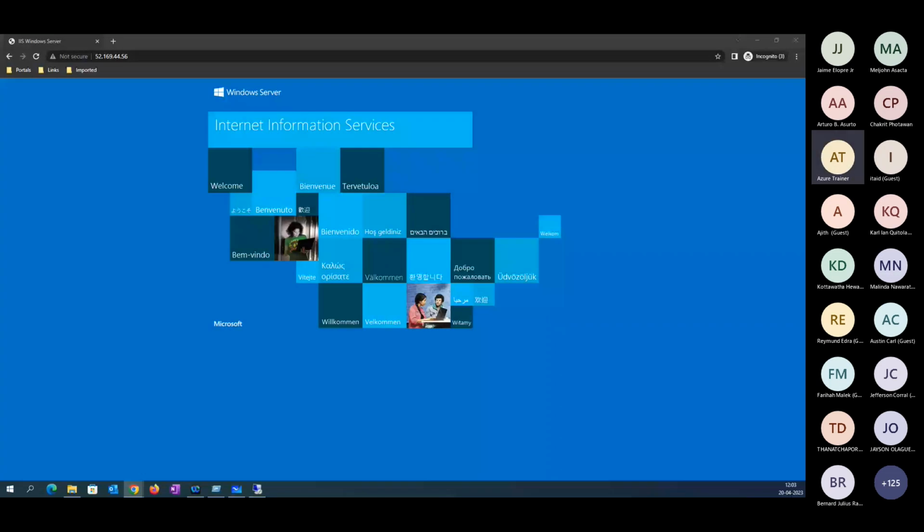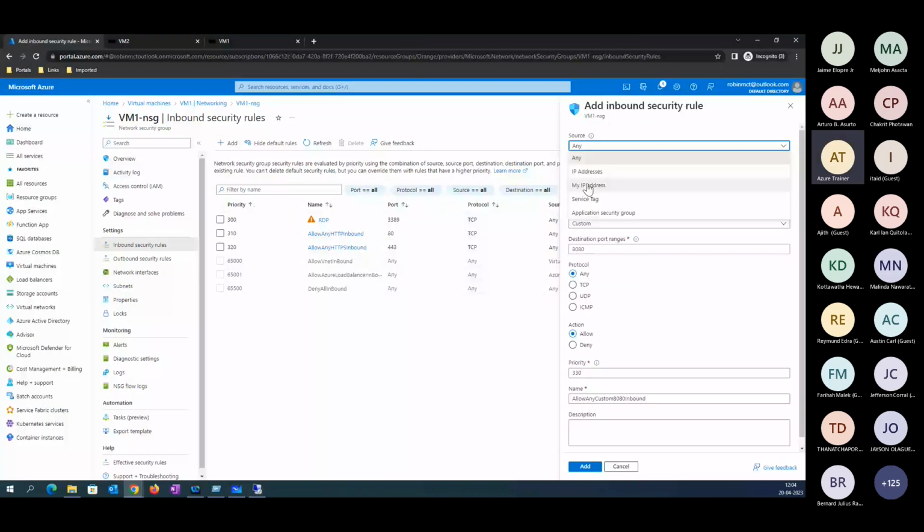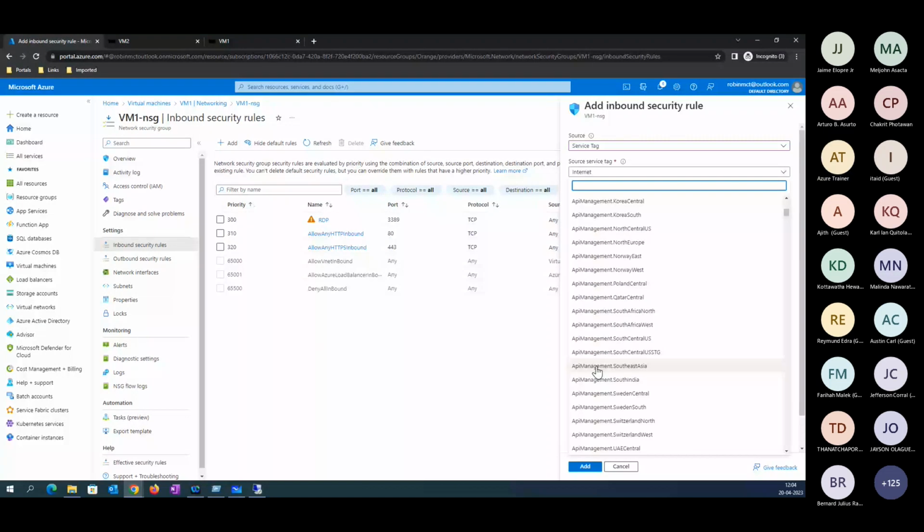Now, can NSGs filter by keywords? Basically, it works with the help of an IP address. If you go to the portal here, it does not generally work based on a keyword. You can see this can work based on an IP address or a service tag. You have different service tags available instead of a keyword. James, maybe we can use the term services. Based on the services, if you want, you can configure it here. You have an option for configuring based on services also.